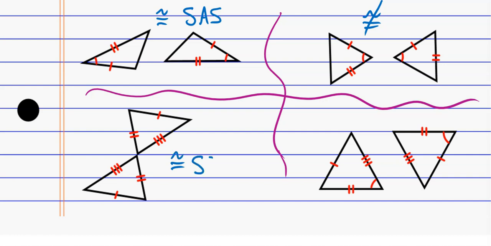And that's because of side, side, side. See, with side, side, side, the order doesn't matter because we can rotate and change the triangle a little bit. But with the angle, it matters when we're doing side, angle, side because it has to be the angle in between. Okay? And then if I look at this one, the first thing I should notice is that